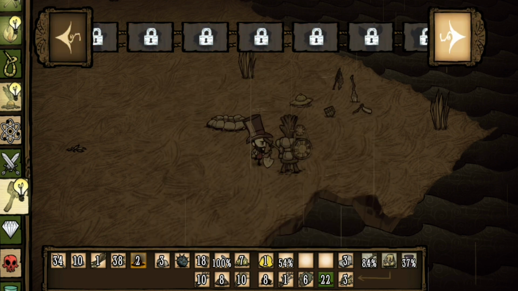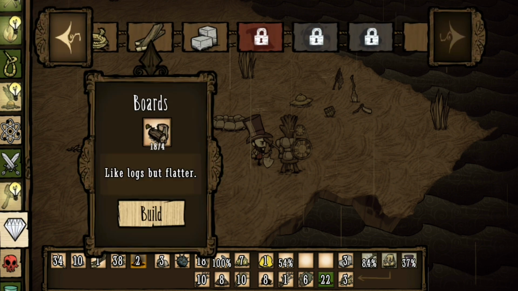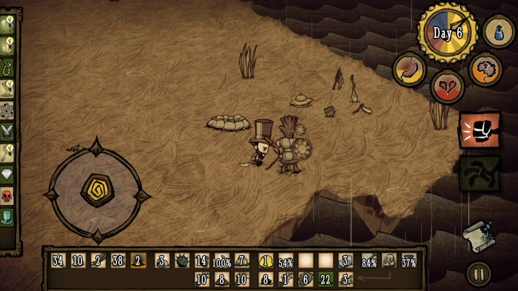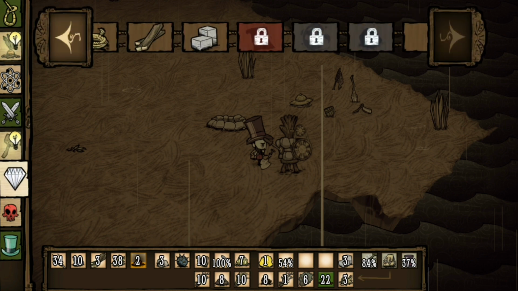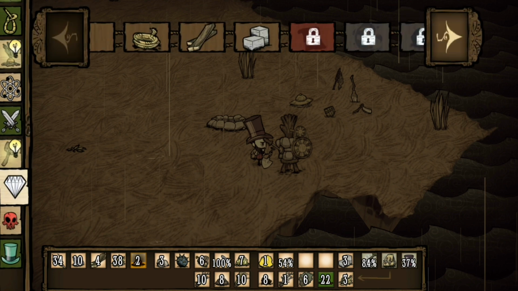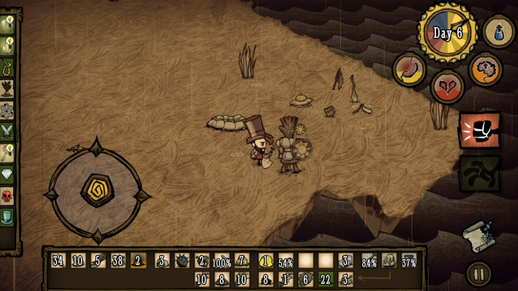Now, only if I can remember where everything is. Let's see. Oh, boards. Yeah, we're gonna need some boards. We're gonna make a chest. Let's see. We're gonna need one more board. So you need 3 boards in order for you to make a chest. And the chest should be... let's see. We're gonna make a little bit more boards. We're gonna need them eventually. So the chest should be...